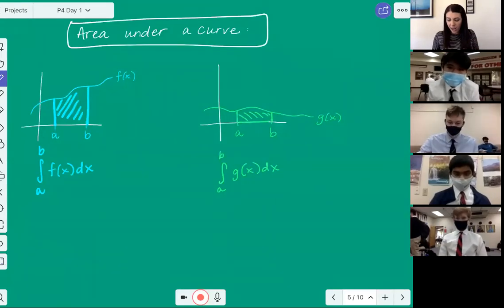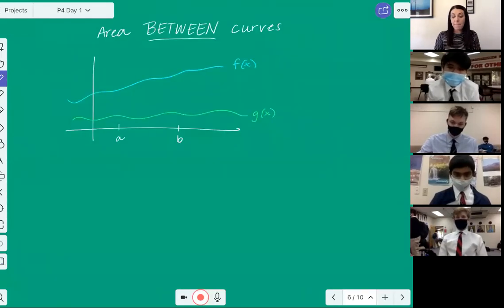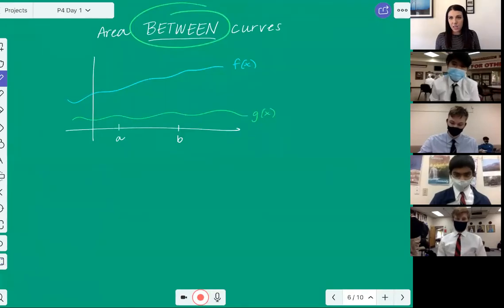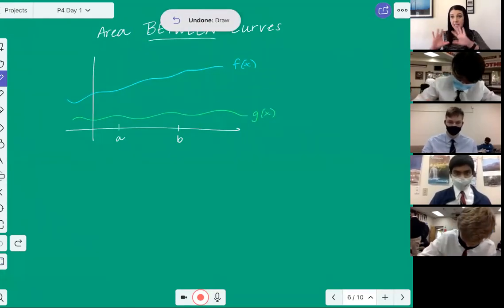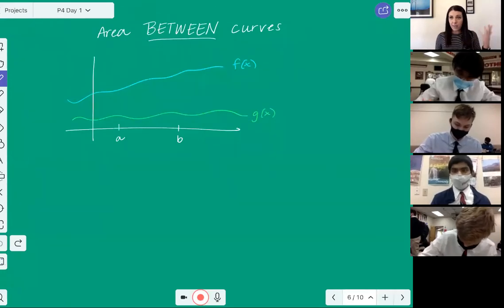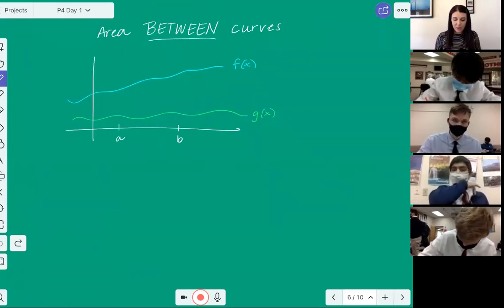Area under a curve. Okay, so now what we're going to talk about is area between curves. This is a new topic. Again, we have our f of x and our g of x just on a separate line underneath. Go ahead and draw these again. So I've got my f of x squiggle a little bit higher, my g of x squiggle a little bit